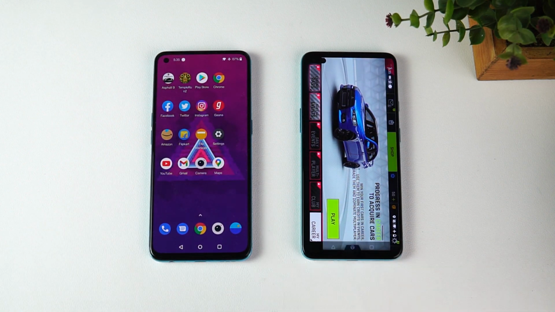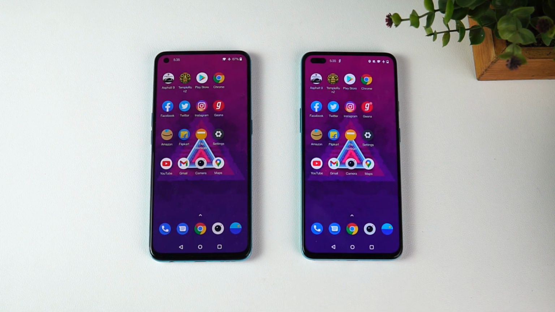So you can see that memory management has been one of the strong points of the OnePlus Oxygen OS. Here also you can see the memory management is stellar on both the devices, and both were able to retain all the apps in the memory. So you can clearly see that the OnePlus Nord is slightly faster in terms of app opening time. Once again, this is not a completely accurate test, just a reference test in case you want to see how the performance is. So app opening is slightly faster on the OnePlus Nord compared to the OnePlus Nord CE 5G. So that's a speed test comparison.